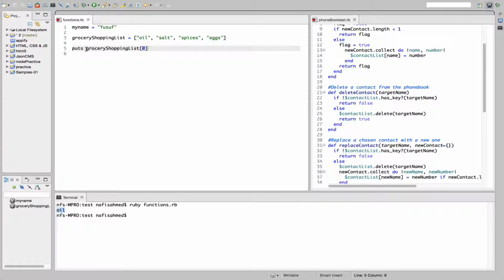and it's being displayed when your compiler encounters this line of code, which is the fifth line. And when it reads puts grocery shopping list and first element, it will understand that there is an array called grocery shopping list, and hence we're trying to access the first element by saying